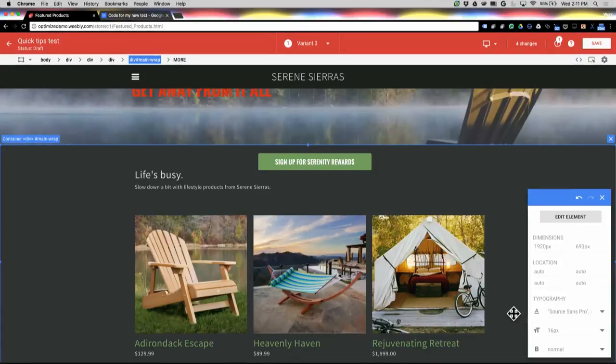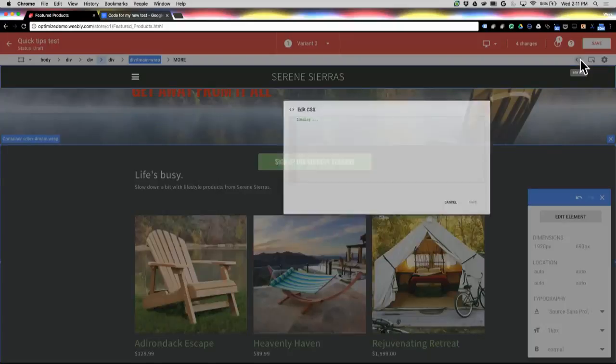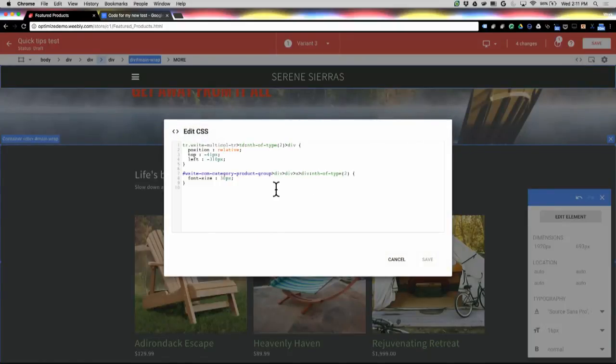Okay, let's move on to editing now that we've covered selection. The first thing I want to cover with editing is actually our CSS editor. Now that's this icon up here. I can go here and you'll see a couple of changes that already show up in this particular dialog. And these are the changes that I just made with the WYSIWYG editor. So I can go back and I can change those in a little more detail, or I can add new